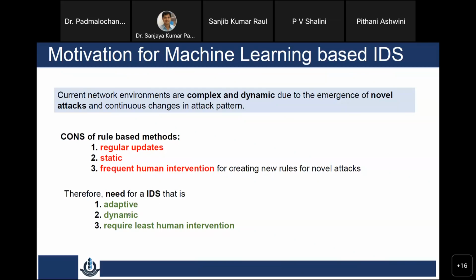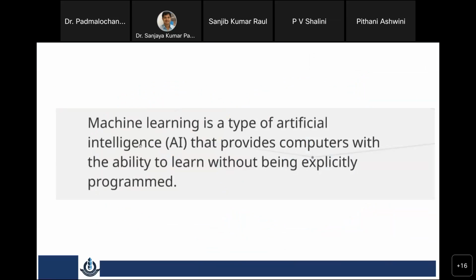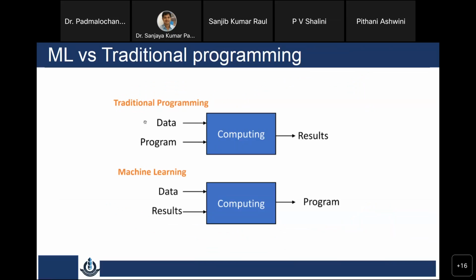So your system should be adaptive. IDS should be adaptive to those packets. It has to be dynamic: as and when attack signature or network topology changes, it has to be updated, and obviously it has to be more automated. Okay, least human intervention. So there you can see that anomaly based intrusion detection system and machine learning have a breach here, and where we can apply ML in intrusion detection. Okay, machine learning, I'll skip this.